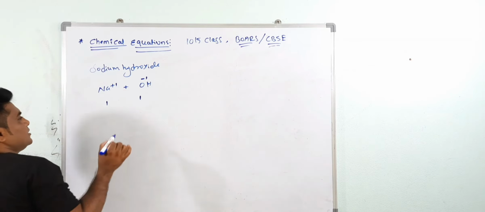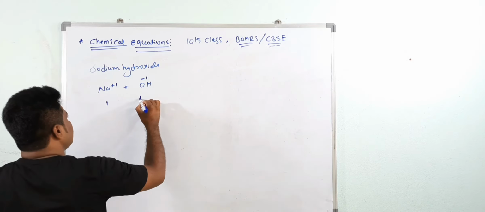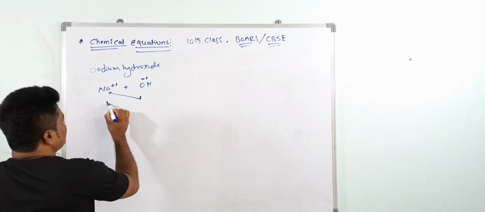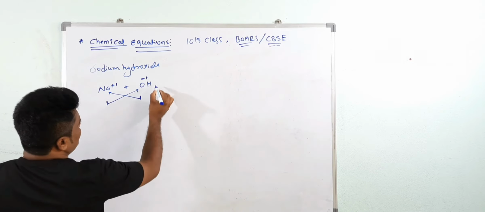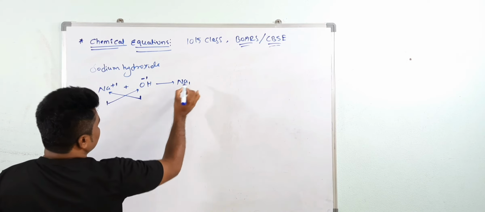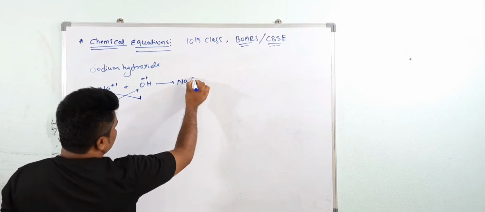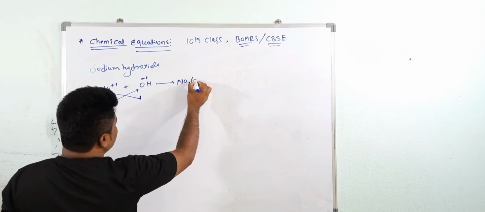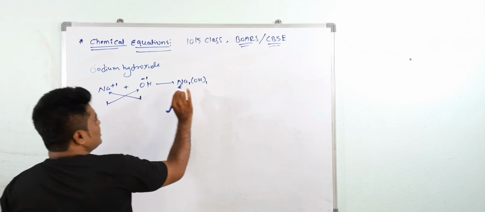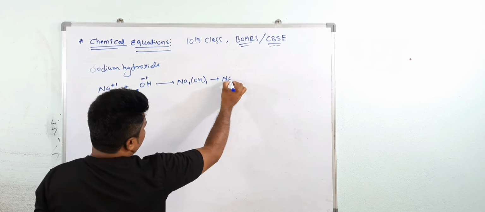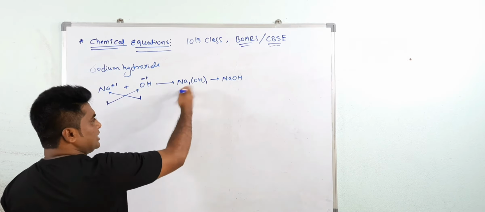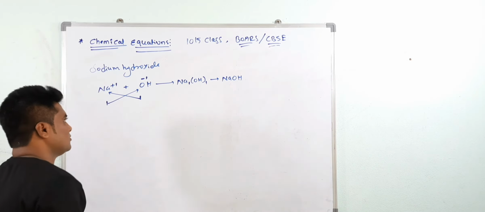So you have to write the valency of hydroxide below the cation, and the valency of the cation below the anion. Now if you write like this: Na 1, and here this is OH. OH is not a single atom, it is a group of atoms, so we have to take it in a bracket. This is 1 and that is 1, the same, so you can write sodium hydroxide as NaOH. When the numbers are the same, we cancel them, and then you get sodium hydroxide.